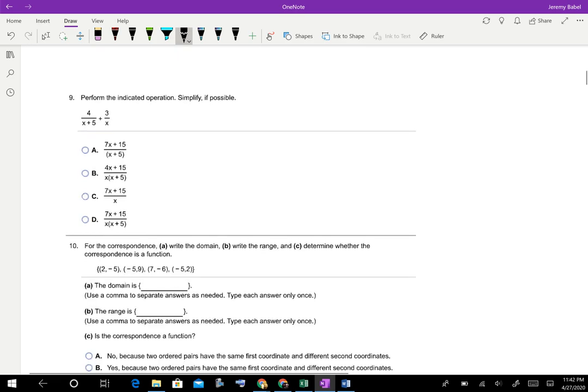A couple more. All right, this time we don't have the common denominator, so again, we need our LCD. One term is x plus 5, the other is just x. So for the first one, we're missing that x, so we'd have x over x times 4 over x plus 5. And the next one's missing our x plus 5, so 3 over x times x plus 5 over x plus 5. And then multiply before we add 4x over our common denominator,